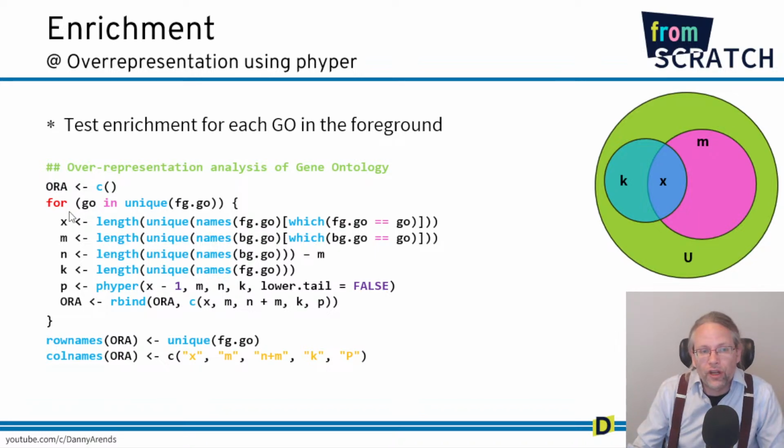Right? So I'm going to say for a geo term in all of the geo terms which are found in the foreground, what do I want to do? Well, I want to define X here. So I'm going to ask which fg.geo is equal to the geo term. I'm just going to ask how many of my foreground geos are similar to the geo term that I'm having. And then I'm going to use this, ask for the names of the FGO,